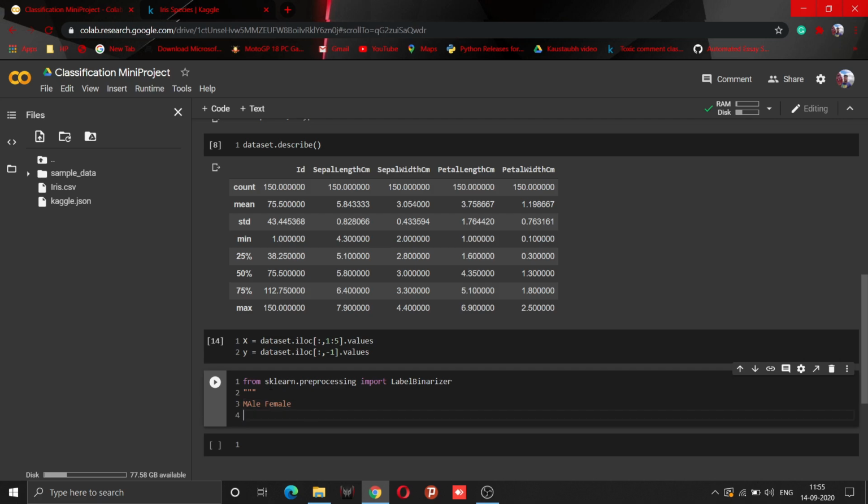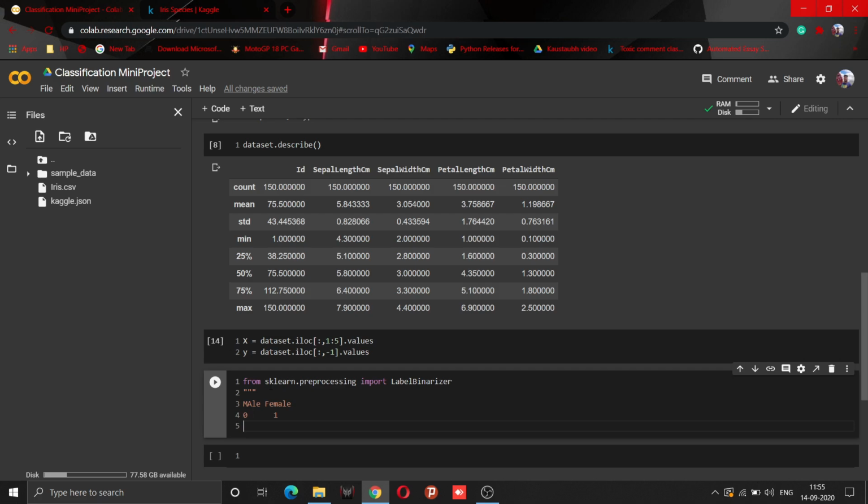So what will label encoder do? Label encoder will just give them one integer value. For example, 0 for male and 1 for female. And wherever in our dataset this category occurs, it will provide this integer value. And what will one-hot encoding do? It will make 2 columns, one column for male and one column for female.